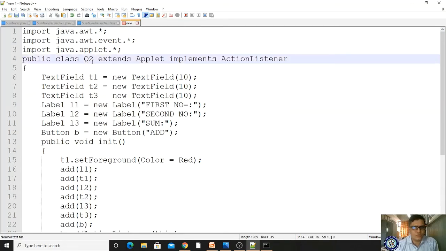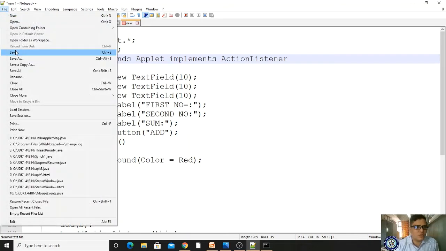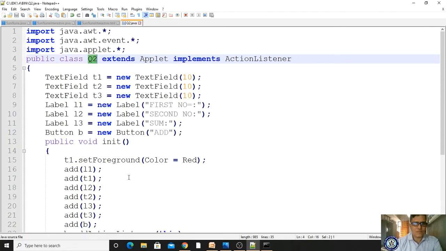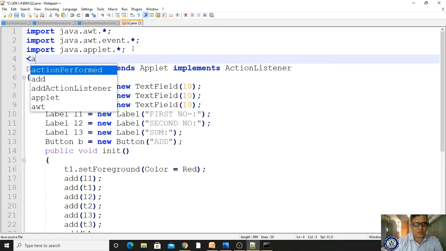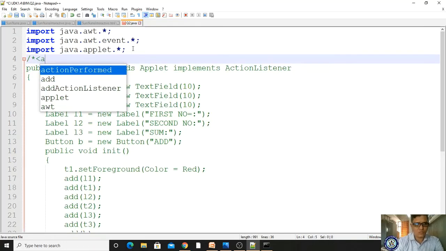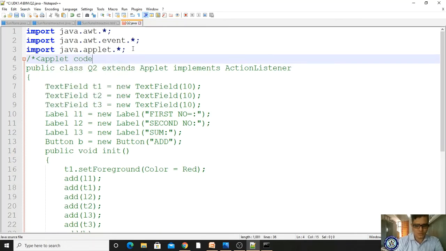Q2. Let me save it as q2.java. So here we have to add the applet code. Applet code is equal to q2.class, height is equal to 150, width is equal to 200.